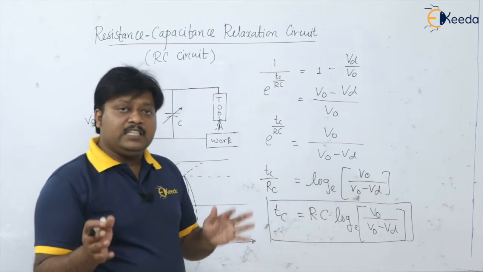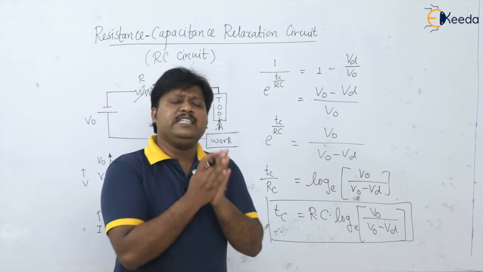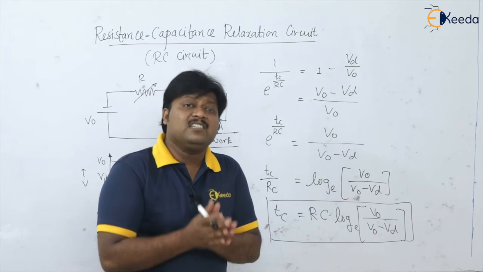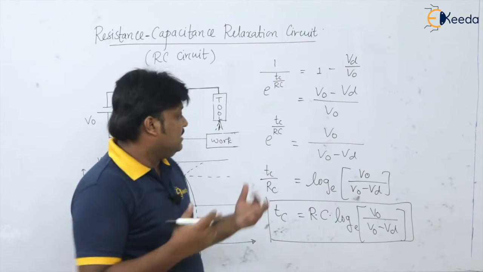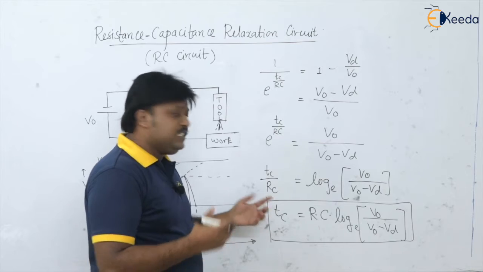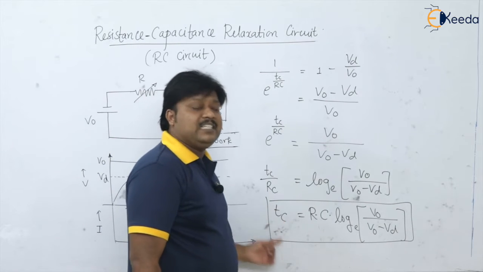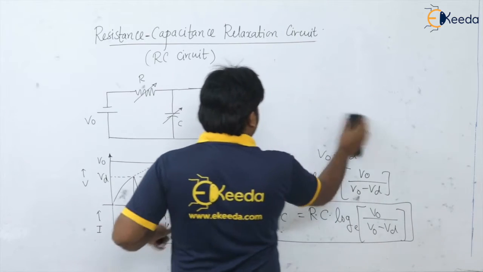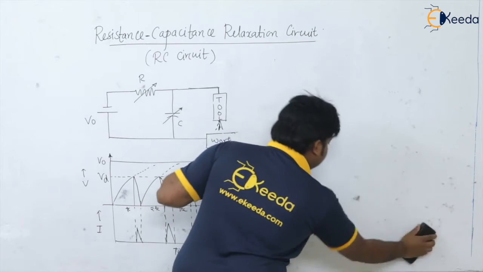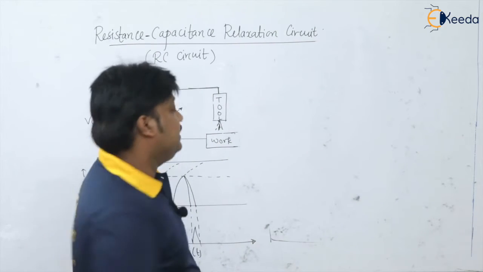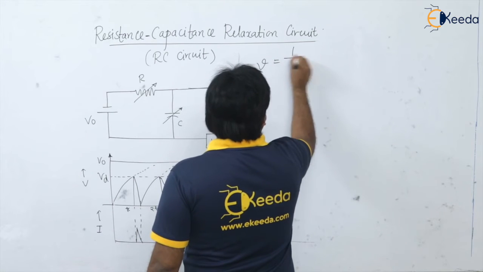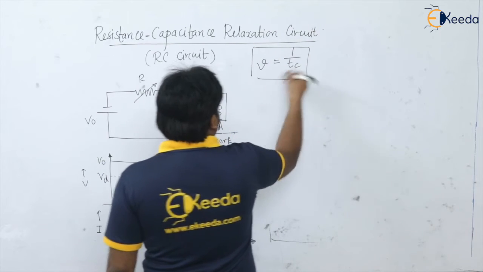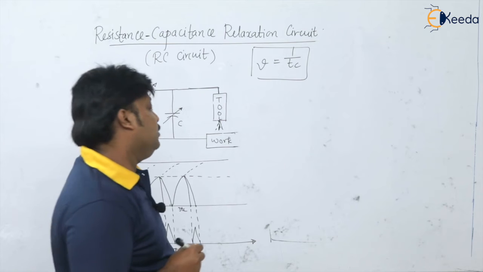And if you talk about the sparking time, it is the time required for completely discharging the capacitor, which is very little time compared to TC, about 10% of the charging time. Okay, and if you want to write the frequency for the charging, if I write nu, it is nothing but 1 upon TC, isn't it? So you can write the value for TC and get the equation for the frequency of charging.